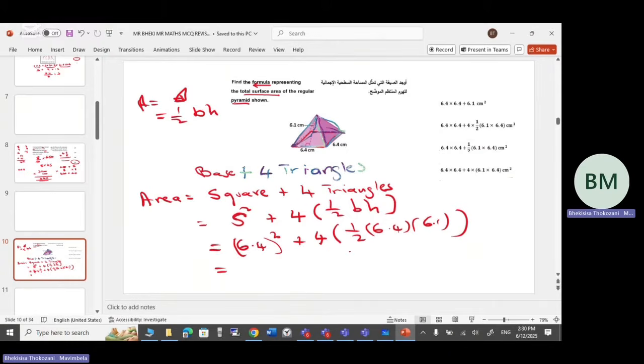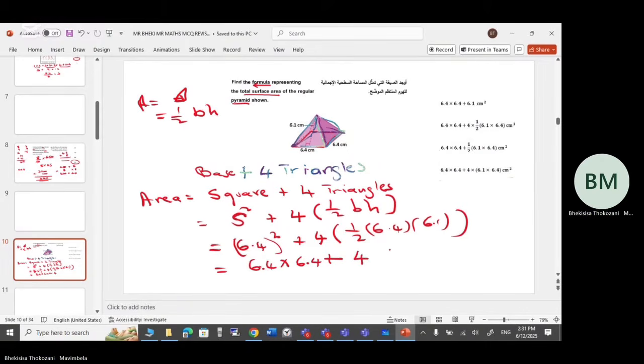Now, I think I'm getting somewhere. So here there are 2 of this because it's the same thing. That's why we're saying it's a square, 6.4. So times another 6.4 plus this 4